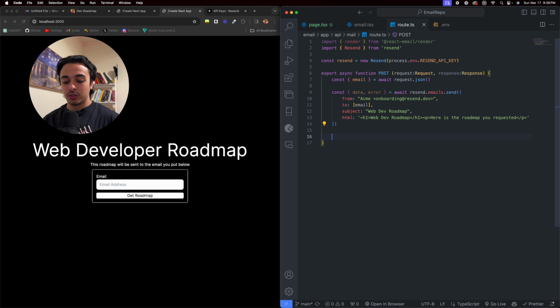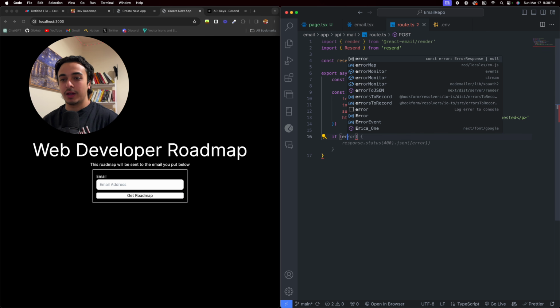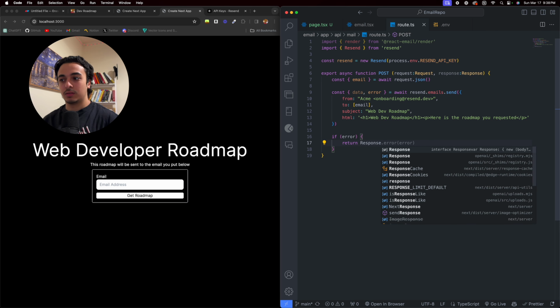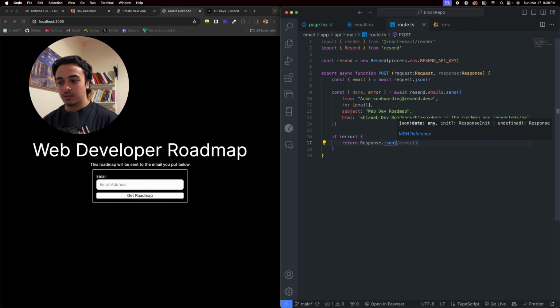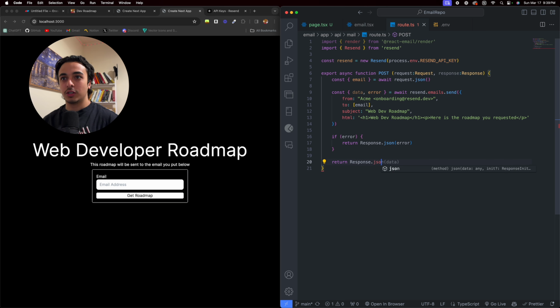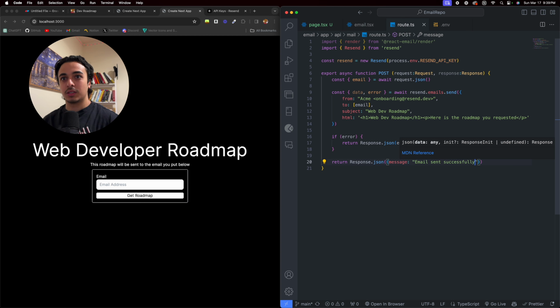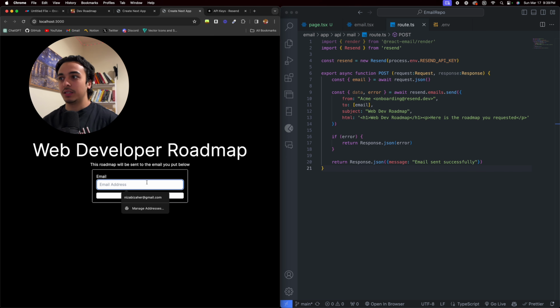And then to handle some of the errors, let's just write if there is an error. Open that up. Return response.json error. And finally, let's just write a return response.json and a success message. So message, email sent successfully. And so I believe right now, if we send an email, so let's just go back into